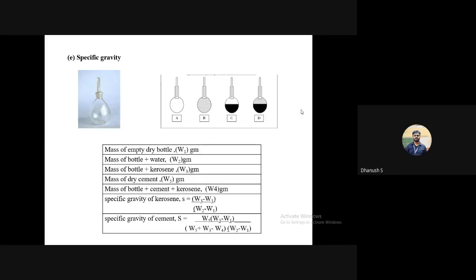So unlike other materials where we can directly do the test for specific gravity, say coarse aggregates and fine aggregates, I advise you go through your lab manual, it is all there. For coarse aggregate and fine aggregate, we do it directly with respect to water, because there is no concept of hydration or setting and hardening. Whereas for cement, we break it into two processes: cement with respect to kerosene, kerosene with respect to water. Multiply them with each other, you get cement with respect to water. Just keep this in mind. The equation is on the screen. Make a note of this, or you can refer to your lab manual.